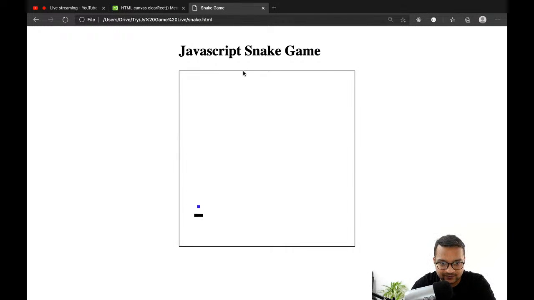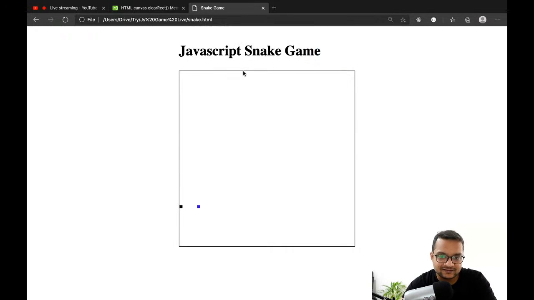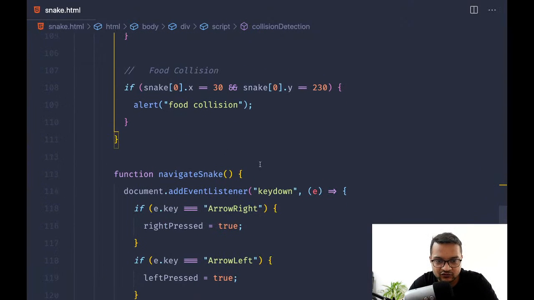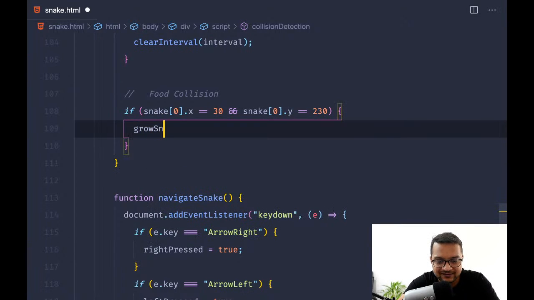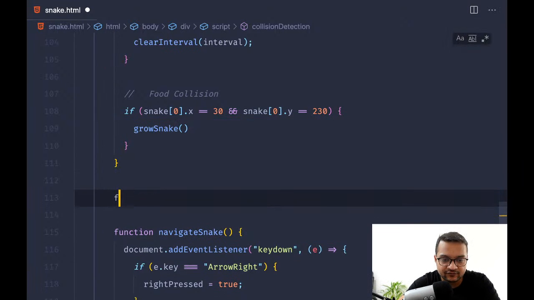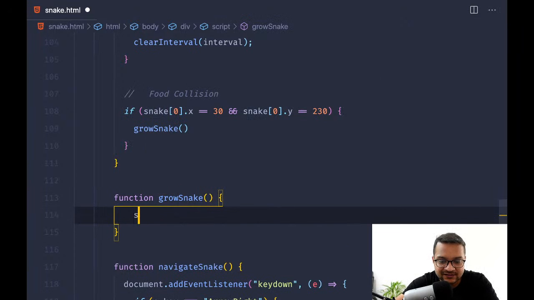And the final step for our snake game is the growing of the snake. We need to grow the snake when we have the collision. So instead of just saying alert, we need to grow the snake. How can we grow the snake? We just need to grab the position of the food and then add that position into the array of the snake. So let's create a function for grow snake, which is snake dot